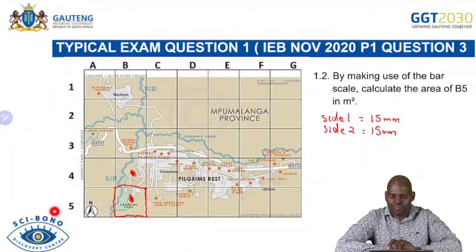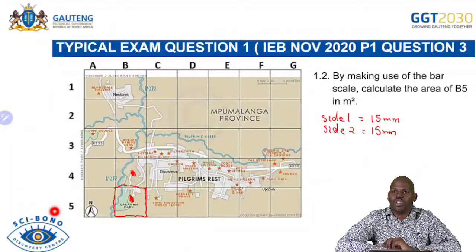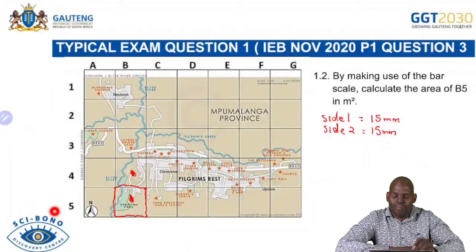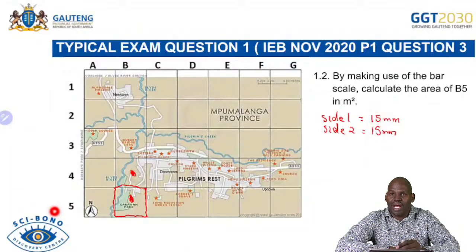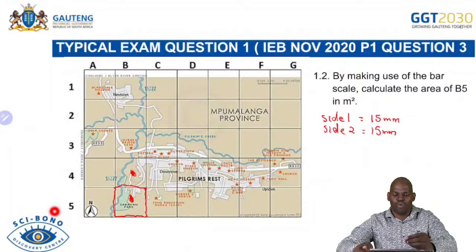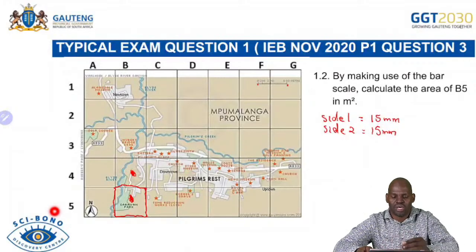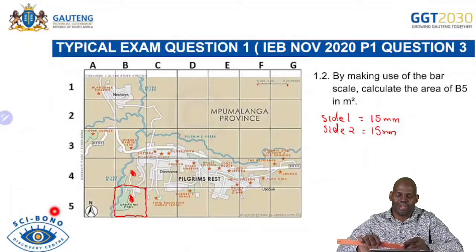Right, but if you look at the question, it says calculate the area of B5 in square meters by making use of the bar. So these are the measured values on the map, but what are the real measurements? To get the real measurement, I have to use the bar scale. If you look at the bar scale, it shows from 0 to 600 meters. So if I measure the length of the bar scale in millimeters,